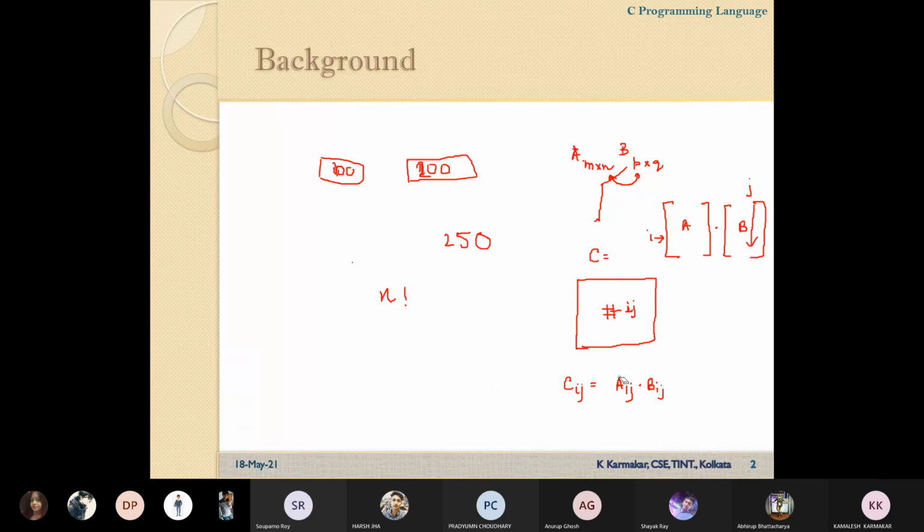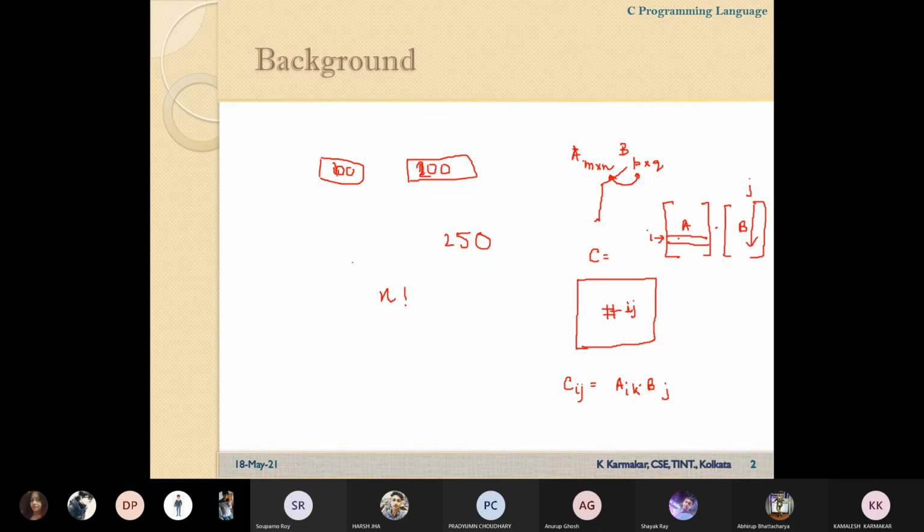So we have to keep the proper dimensions here. So what will be the exact value? The ith row of A will be multiplied with the jth column of B. If I say it's k, then Aik, ith row, kth column.